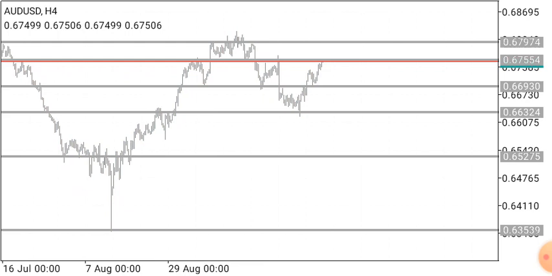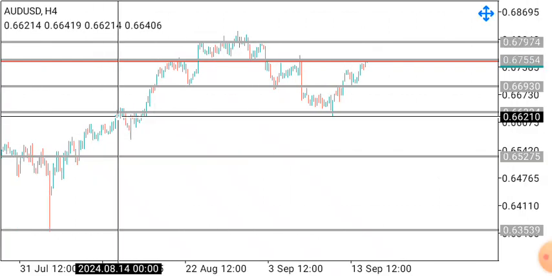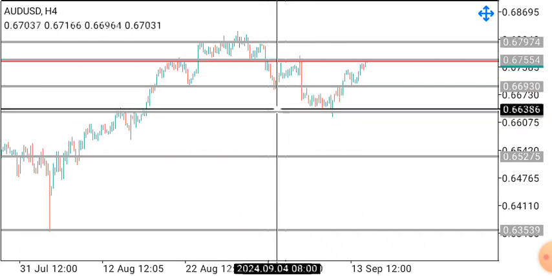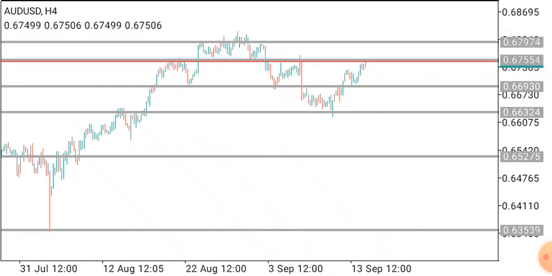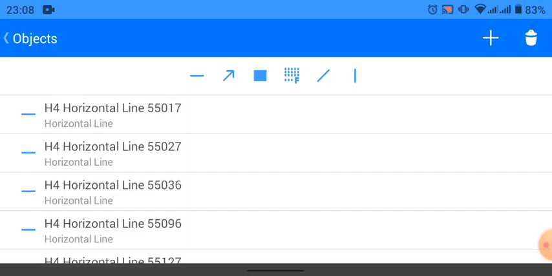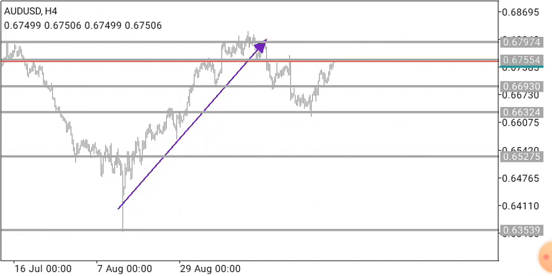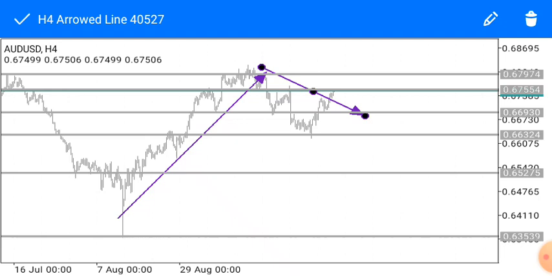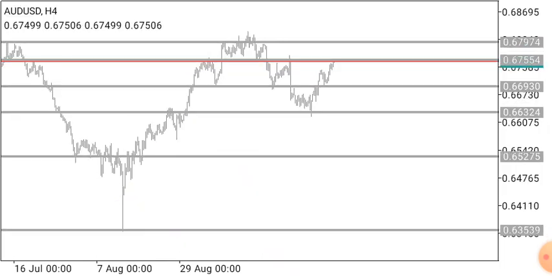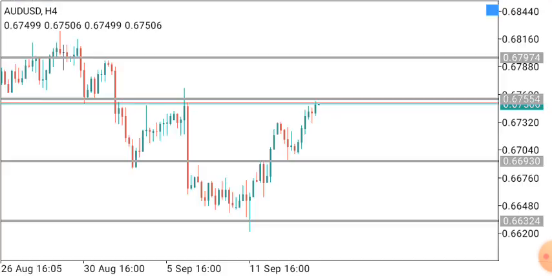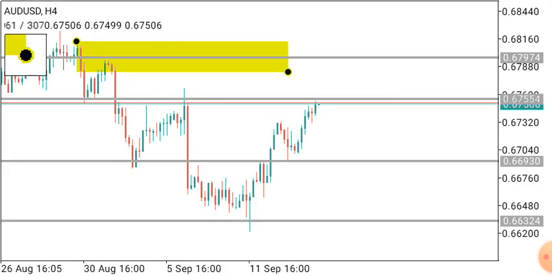Looking into the H4, the market came from a very nice bullish trend up until it got to this level where it failed to break above. The market failed to break above that area, and since then the market has been creating lows to the downside. It even broke structure to the downside. From now on, I like to mark the areas where my sellers have been coming in very strong